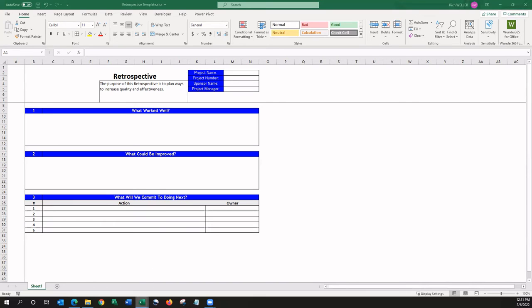So now let's take a look at what a completed example might look like. So here's one for a training course. We can see the things that were listed here with respect to the items that worked well. We can see this was what was documented, what could be improved. And then finally, there were some action items that were created